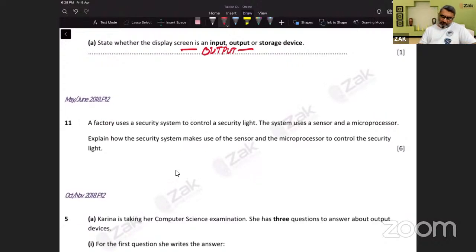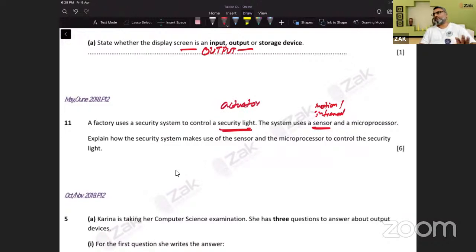अच्छा, अब control, तो सिस्टम यूजेस अ सेंसर. अब देखें, सिक्योरिटी का सेंसर है ना, तो ये आप इसको मोशन सेंसर भी लिख सकते हैं और इंफ्रारेड सेंसर भी लिख सकते हैं. एंड अ माइक्रो प्रोसेसर. ठीक है ना। तो जो लाइट है, सिक्योरिटी लाइट है, ये एक्चुएटर चलाएगा या ये खुद एक्चुएटर होगी, आप इसको जो दिल चाहे बोलें। खुद एक्चुएटर बोल रहे हैं तो वो भी चलेगा, और कोई एक्चुएटर है जो लाइट को चला रहा है तो वो भी चलेगा।